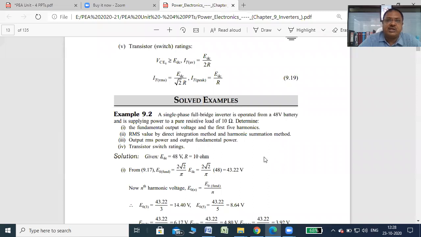After this lecture, I'll post assignment numbers seven and eight on unit number 4. It consists of two theory questions and two problems. These problems come from the same book, so you can write the answers from the same book.